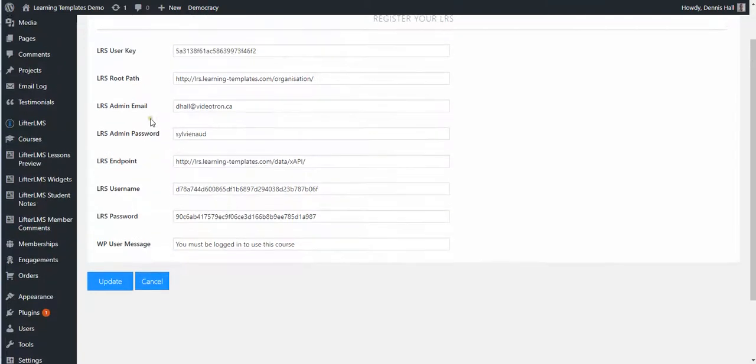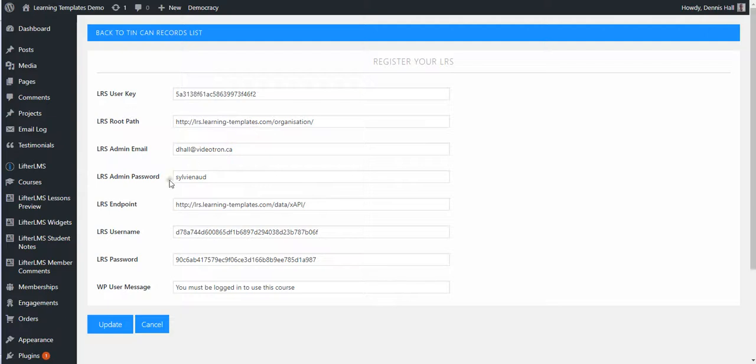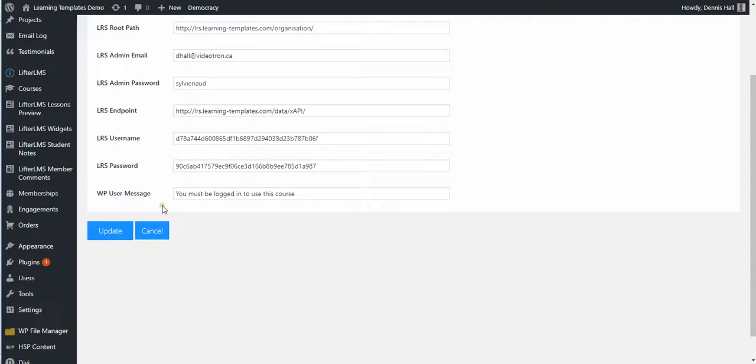If you did not have these 4 pieces of information, you only had these 3, you can still use LearningLocker version 2 or version 1 or any LRS for that matter. You can still use it with only these 3 pieces of information. After this, you would update this, and now that's one part of it. Now, when